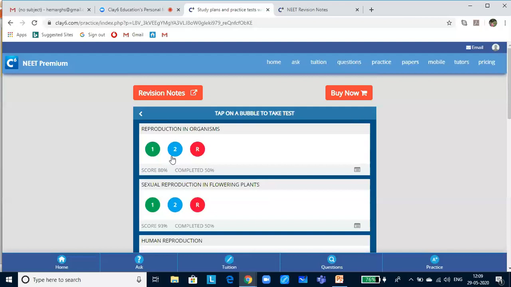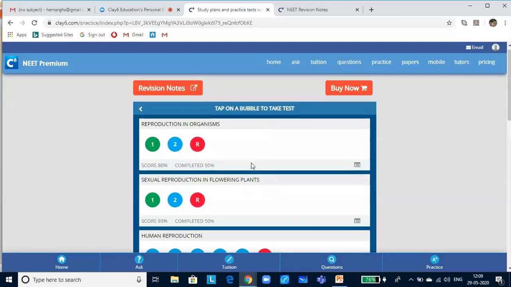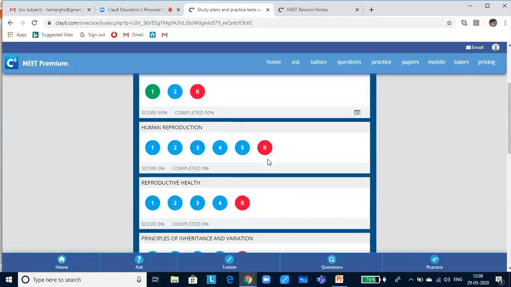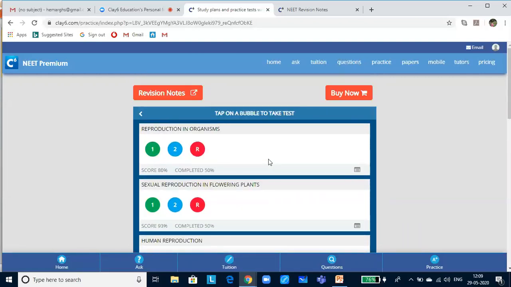Blue bubble indicates that you are yet to take the test. And here there are no yellow bubbles to show you. If anything is incomplete, it will show in the yellow color. Sometimes we would have started the test and not completed it because we realize after 3 or 4 questions that we are not adequately prepared for the test, and so you might want to leave the test, or due to poor connectivity you are not able to go through the test, whatever is the reason. If you have discontinued the test, it will be shown in a yellow bubble.